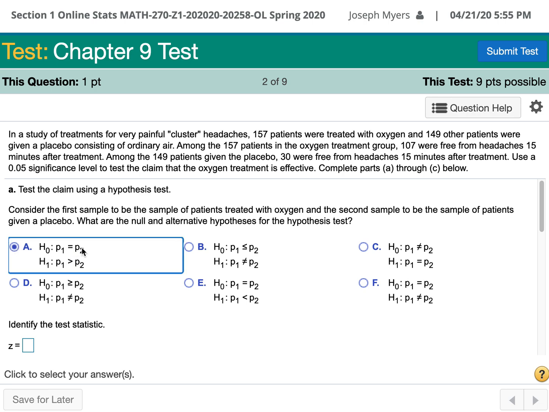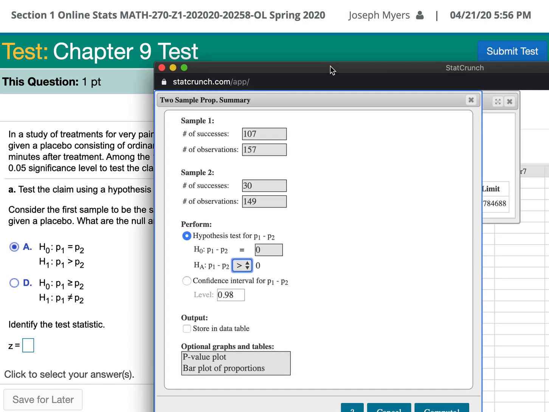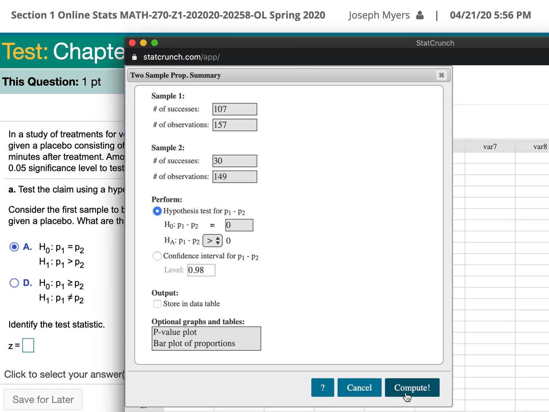Remember, the null is always something involving an equal sign. So if you want to test the claim that oxygen is more effective than the normal, then P1 would be greater than P2. So we're going to choose a greater than sign in this one. So change that to a greater than sign. So we're going to test the oxygen in the first sample, the placebo in the second sample, and we'll try to test the hypothesis that the oxygen works better than the placebo. So then I'll click compute,